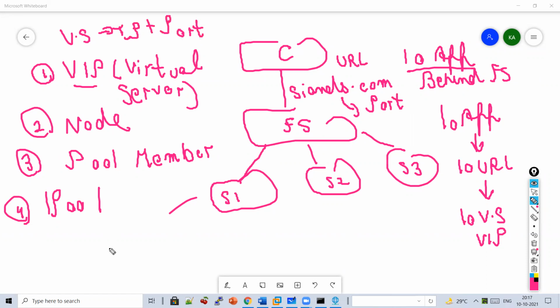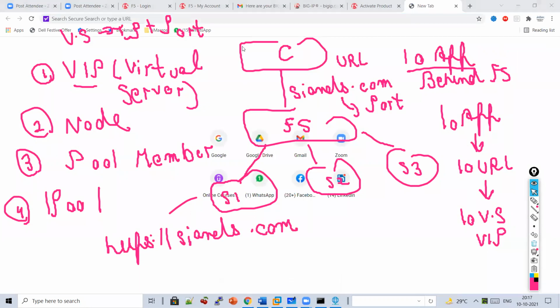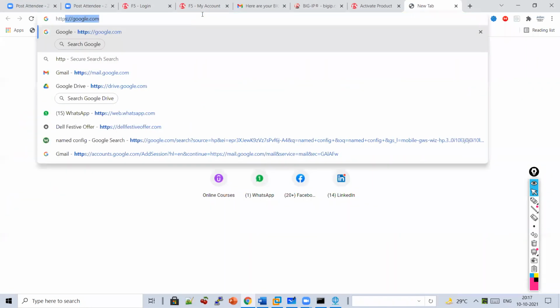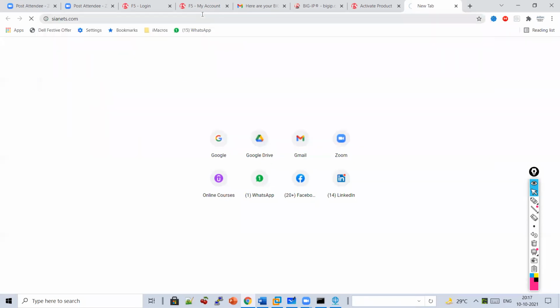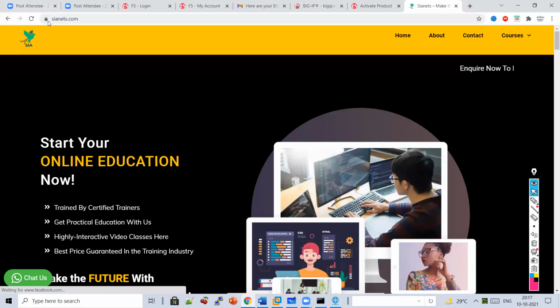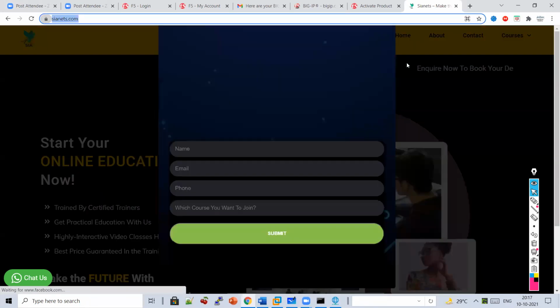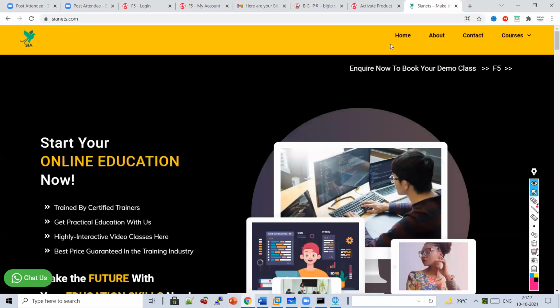When you access any URL, it's listening on, say, https sianets.com. So it has a URL, but it's also listening on some port.